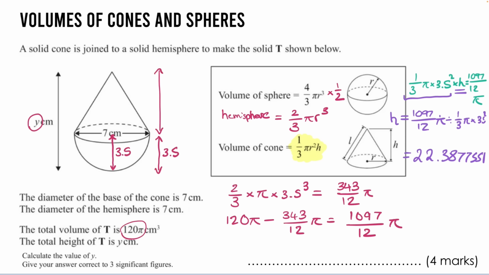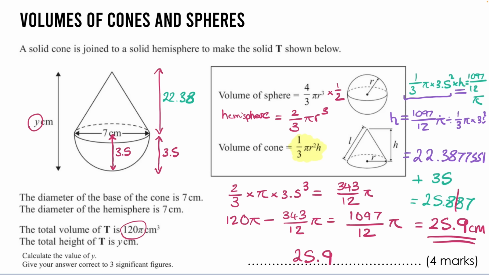Okay, so that is the height of the cone, and to get the height of the overall shape, which we've got over here, we've got the 22.38, we're going to need to add the 3.5, which is the height of the hemisphere, and if we add 3.5, it comes out as 25.887. So 25.887, and we want that written to 3 significant figures. So that's going to be 25.9, and that's in centimetres. And there we go, that is our final answer,